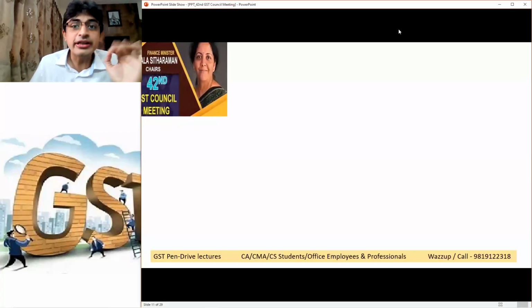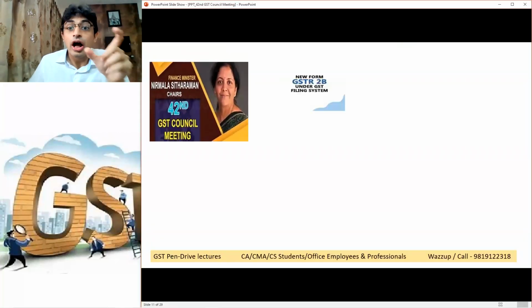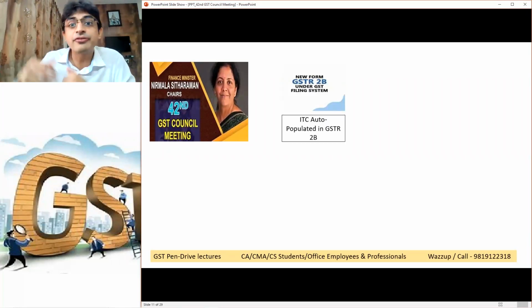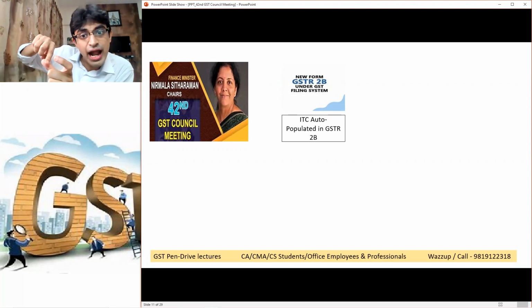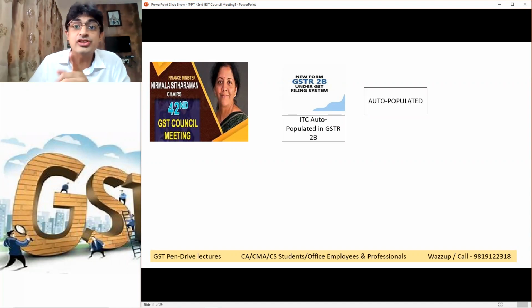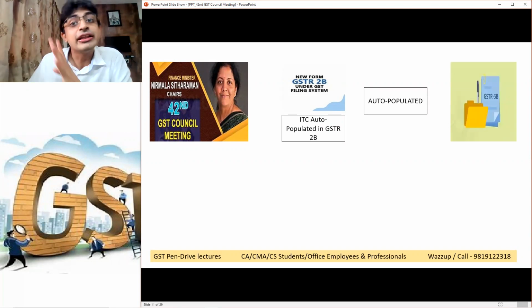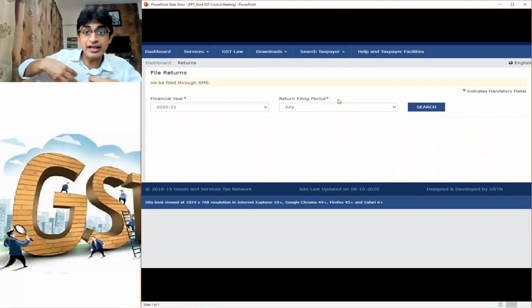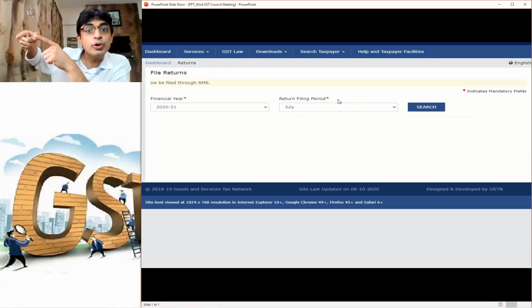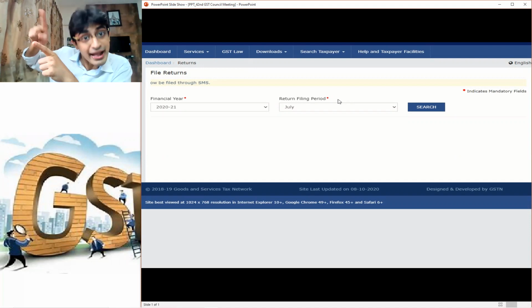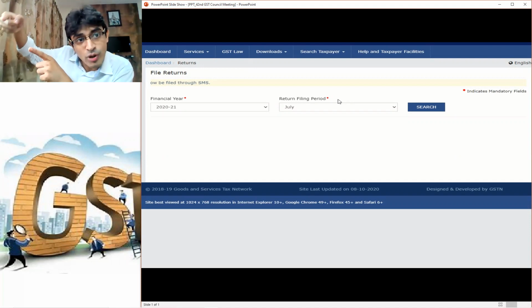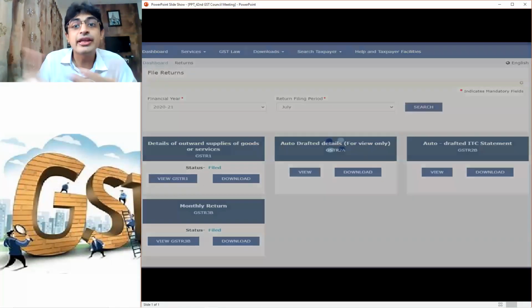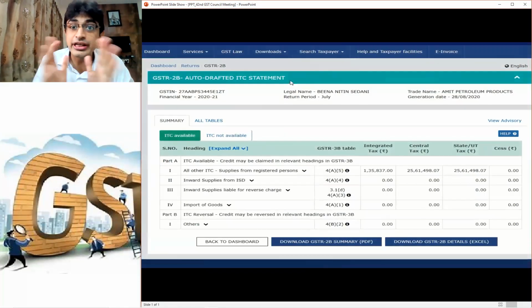Okay, so now in the 42nd GST Council meeting, this new GSTR2B, which got auto-populated, government is making further improvement. Through this GSTR2B, all the ITC details shall be auto-populated in recipient's 3B also. So what is the conclusion? I will file GSTR1 as supplier. Through that, details will be auto-populated in recipient's 2B, and through 2B, it will also be auto-populated in recipient's 3B. Getting it? So this is what they are planning from 1st of January 2021.